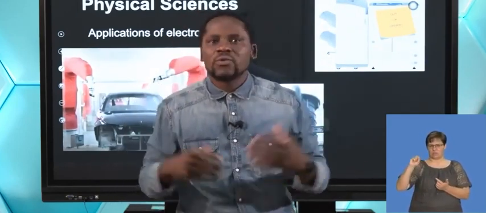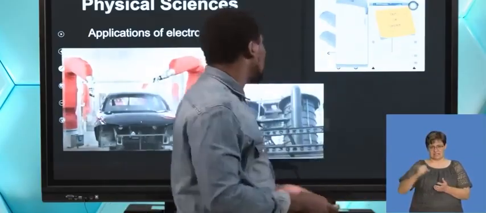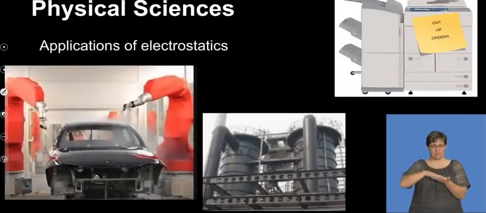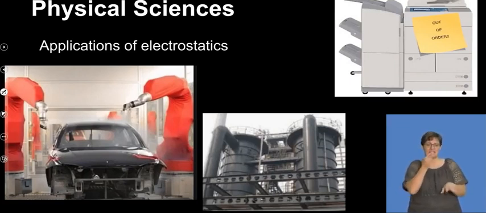Now, you'd wonder, in terms of everyday life application, how does this all come together as far as electrostatics is concerned? Take, for argument's sake, the photocopier. During the printing or photocopying, the ink has to stick on the piece of paper. So if the ink is charged opposite to the paper, it means that the ink droplets can easily stick onto the paper. So the photocopier also has a lot to do with the application of